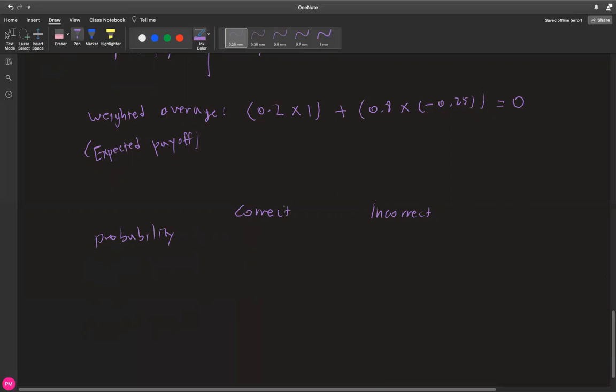Because you're choosing from 4, the probability of getting it correct is 0.25, or in other words, a quarter. And obviously the incorrect is the complement, so it has to be 0.75. So these are the probability that you're getting it correct and incorrect if you're simply guessing your answers in the multiple choice questions with the 4 options.